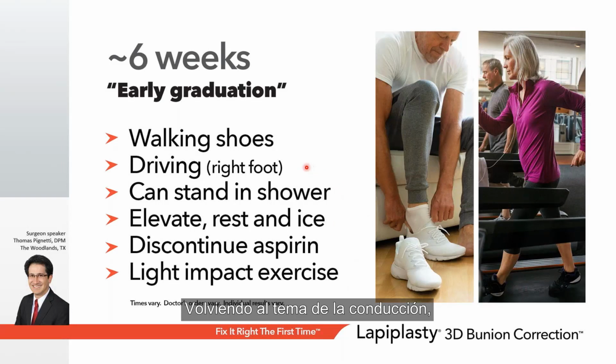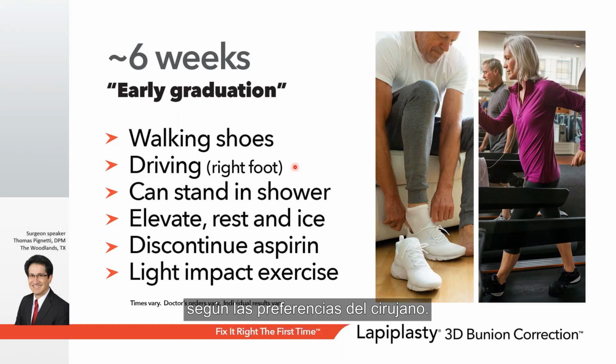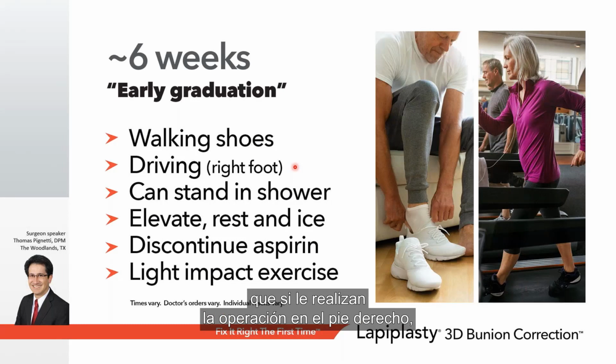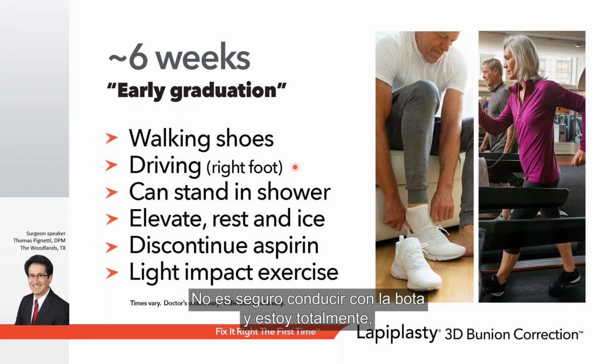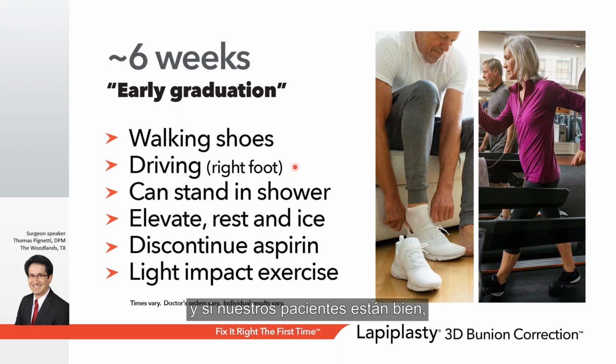Coming back to driving over here, this is another point that differs a little bit according to surgeon preference. Many Lapiplasty surgeons will say if you're having surgery done on your right foot, you're going to be in a boot for 6 weeks, and therefore you cannot drive. It is not safe to drive in the boot, and I totally agree with that. However, in my practice, after 2 weeks, after suture removal, and if patients are doing well, and if they're not taking pain medication,